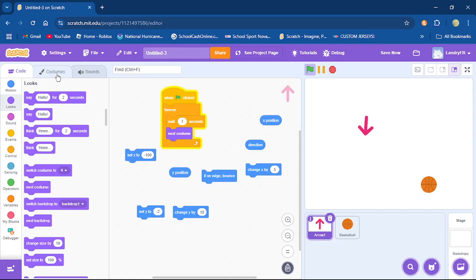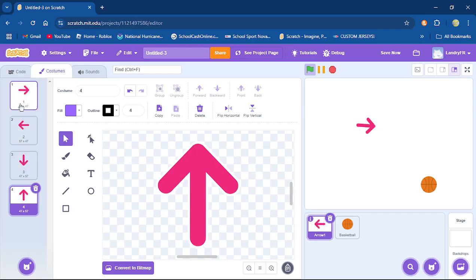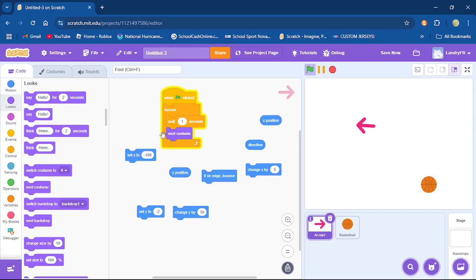So if you had a guy that was walking and you had 4 pictures of 4 different steps that he was in, or 4 different motions, it would just constantly rotate those. So that would be your animation, and you could speed it up by 0.1, let's say, or you could slow it down by 2, so it looks a little slower. Okay, so it's totally up to you what you want to do there. The same goes for your backdrops. You could do that with your backdrops.